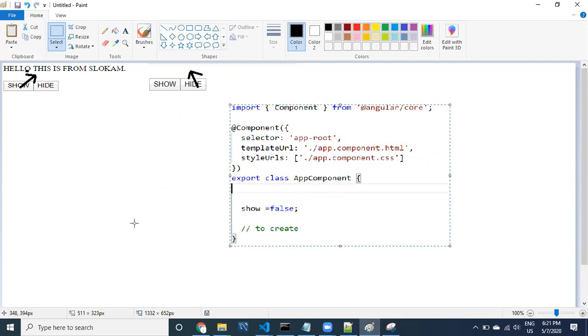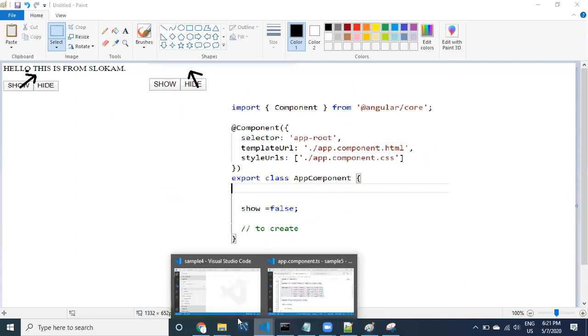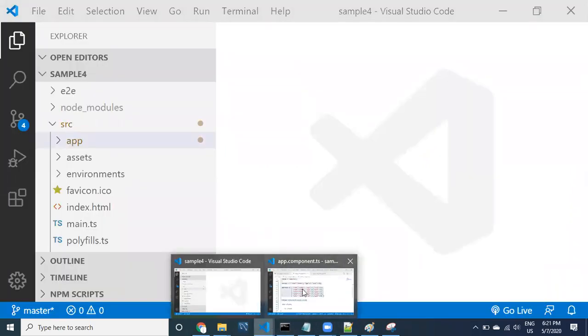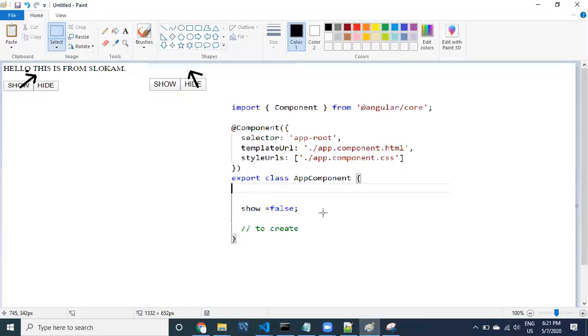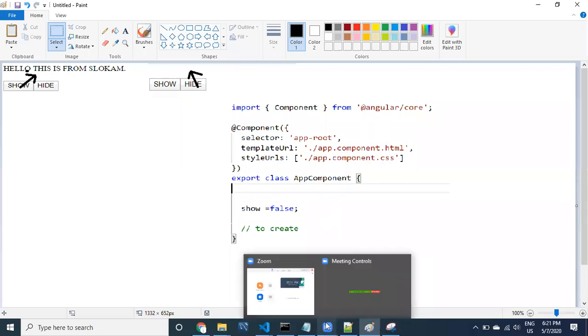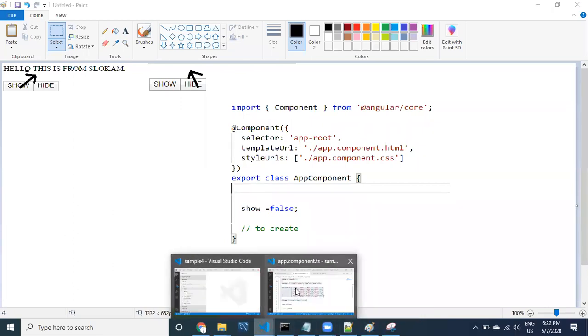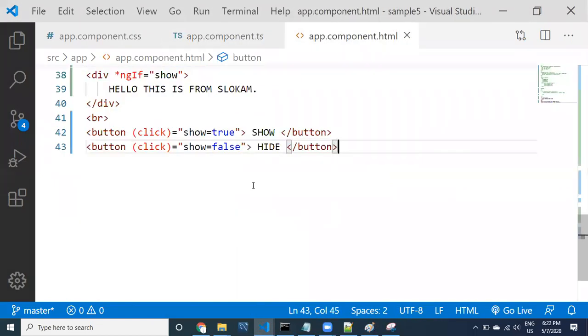All right, guys. Now, in the HTML, what is the HTML that we have done? These images are going to be helpful for you for reference. In future, whenever you want to recall the concept, you can come directly here and understand what ngIf is by looking at this diagram. You can easily remember what ngIf is going to do. All the examples that we have done previously, you are going to recall. That's why I'm trying to create this kind of images. Go back to our HTML part. This is our HTML part.